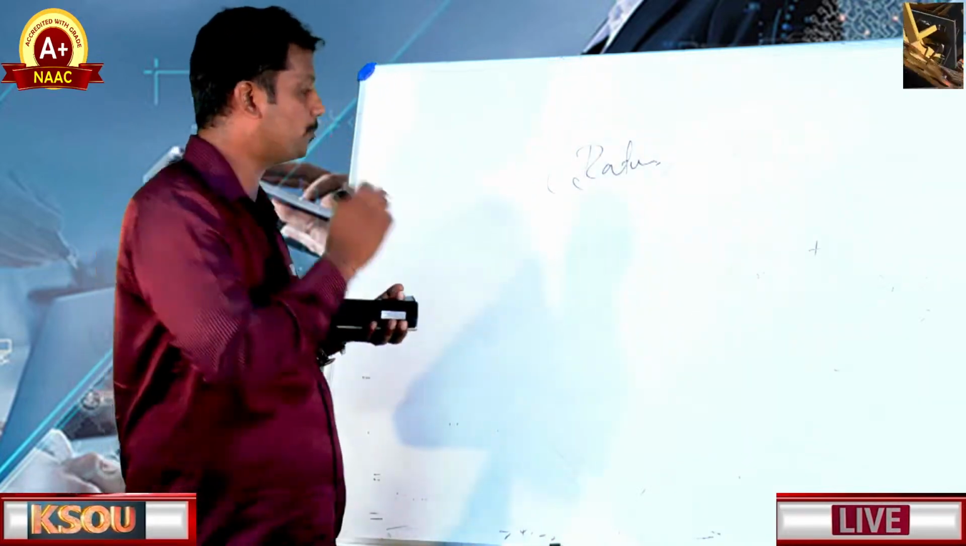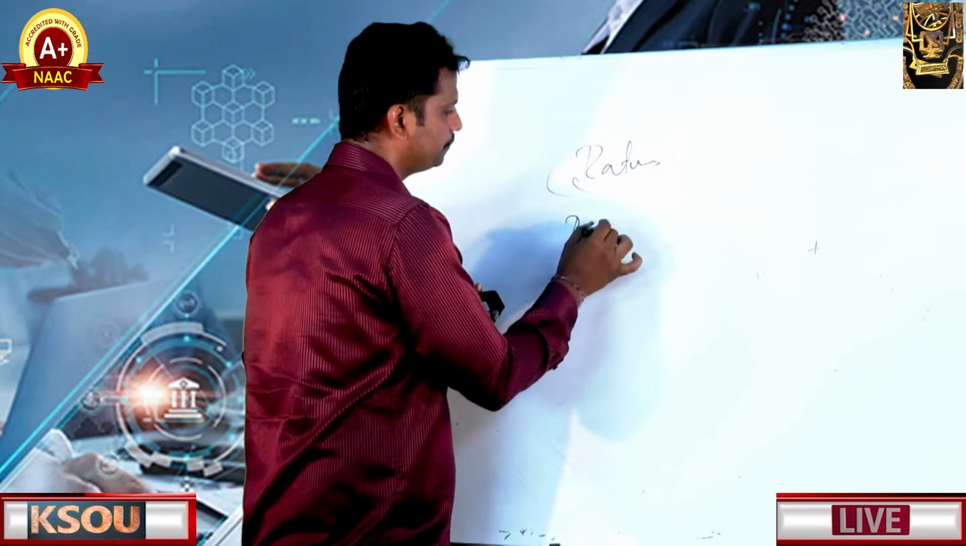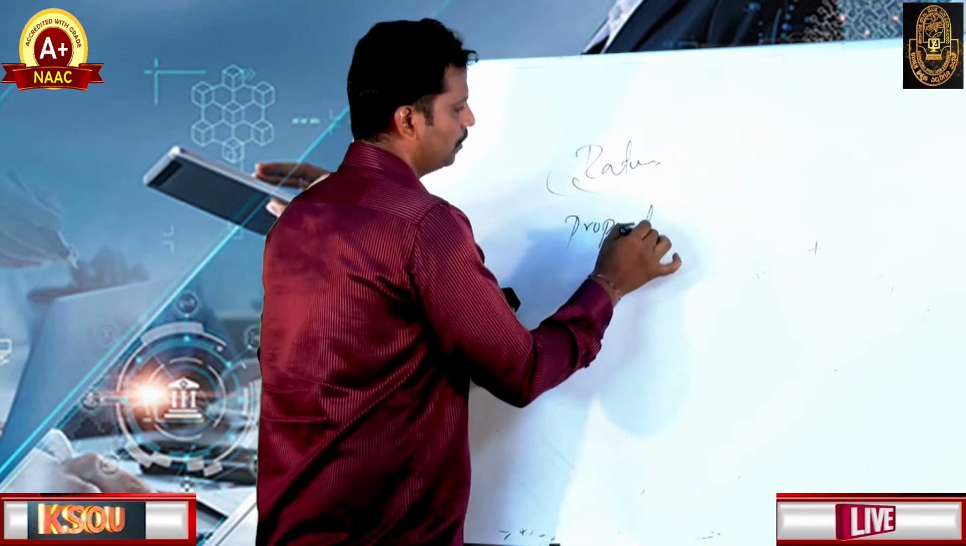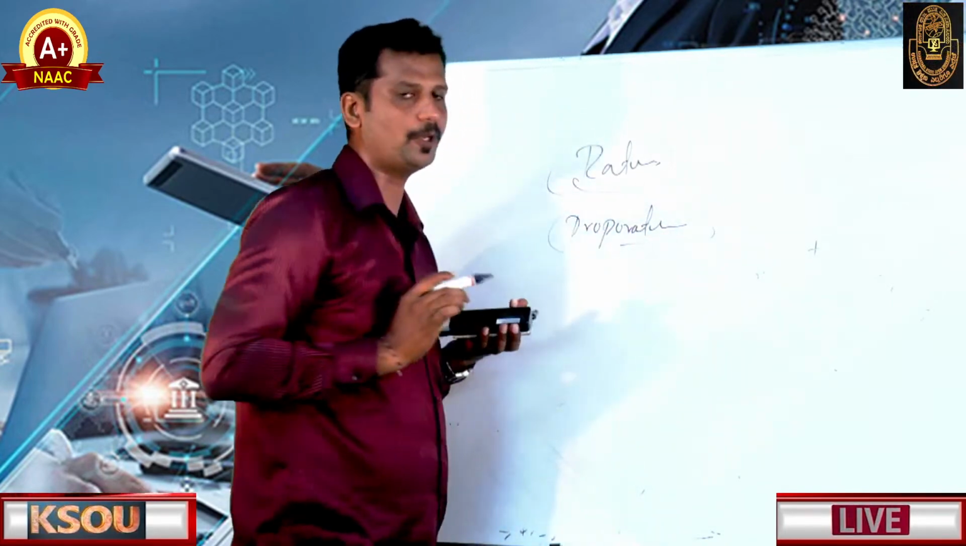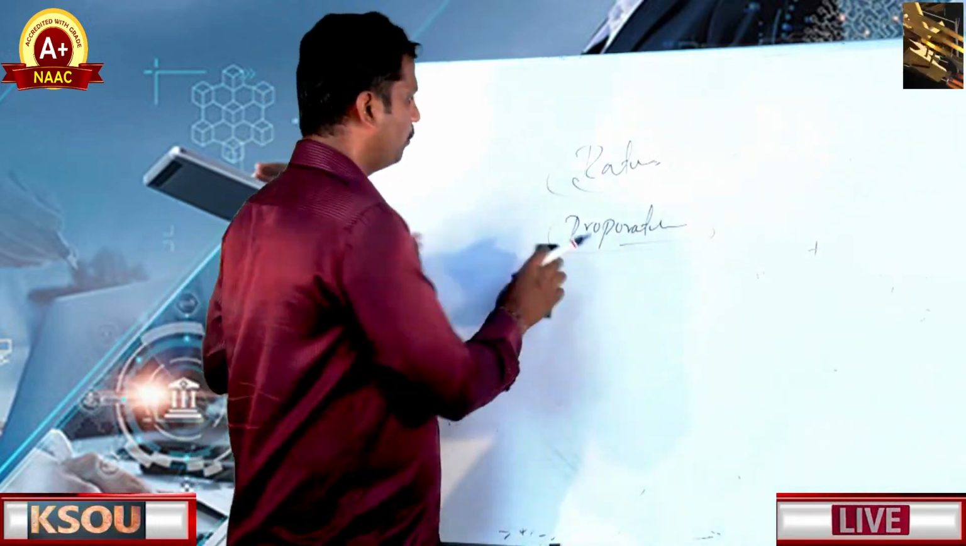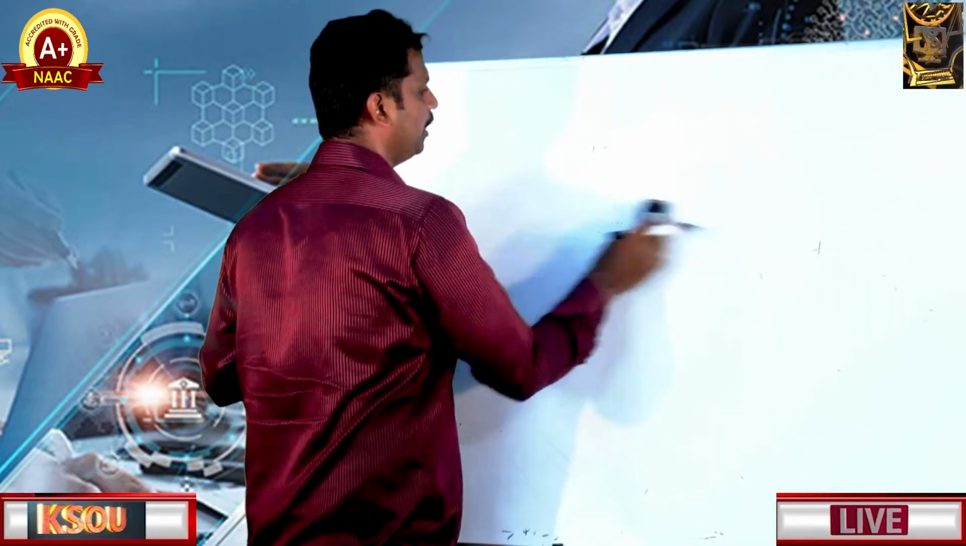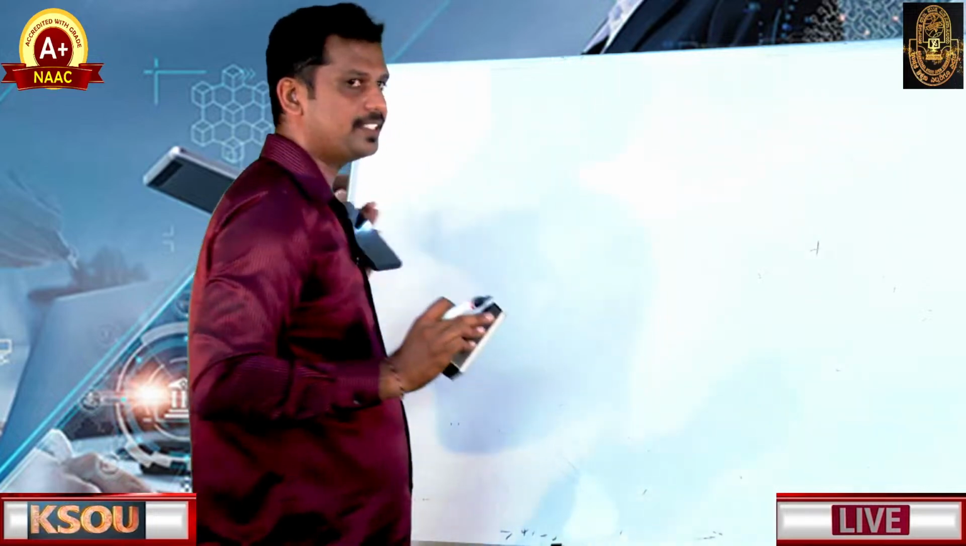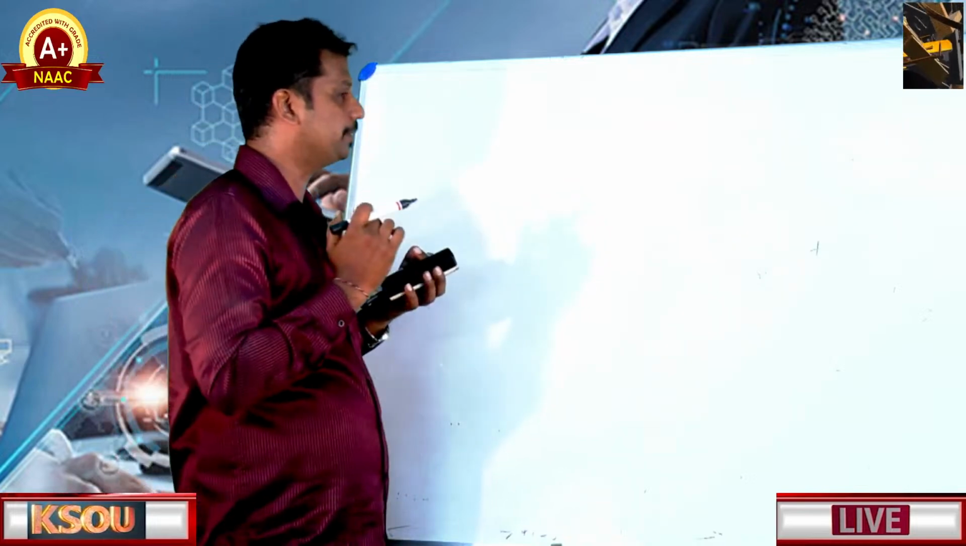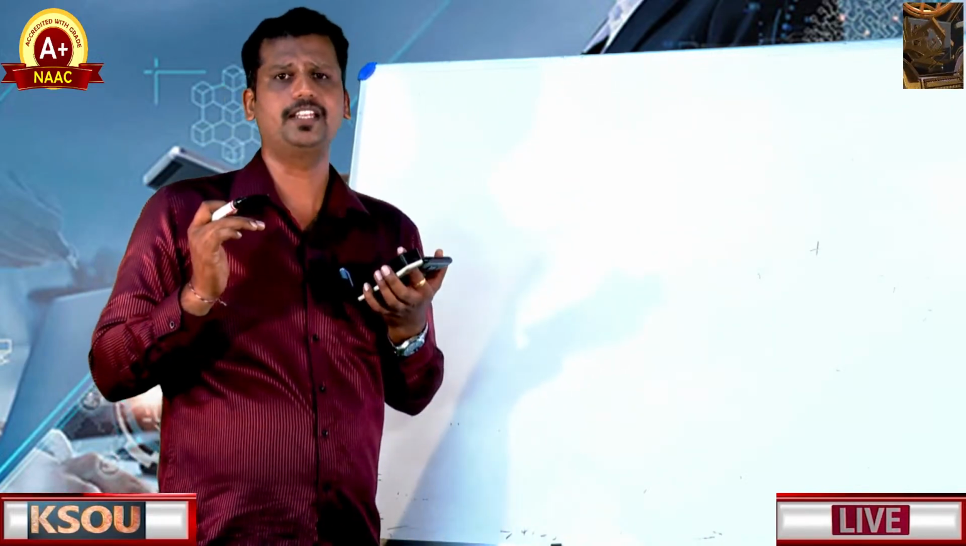Then the next one is proportion. What is the proportion? I think you are very clear about the ratio. Ratio means comparison of two elements. Then what is the proportion? The proportion is comparison of two ratios. So it means, for example,